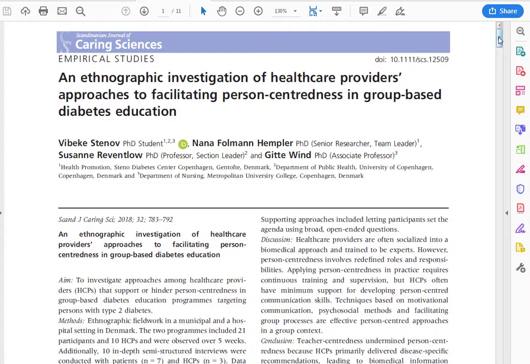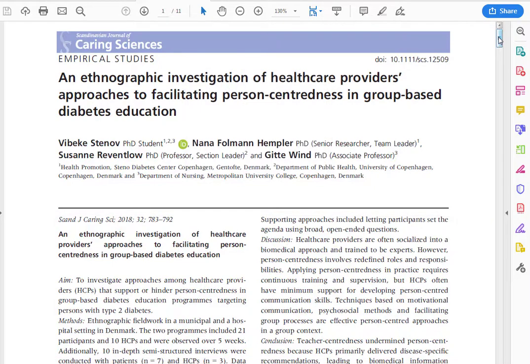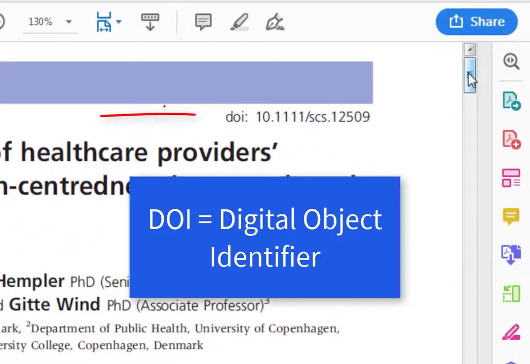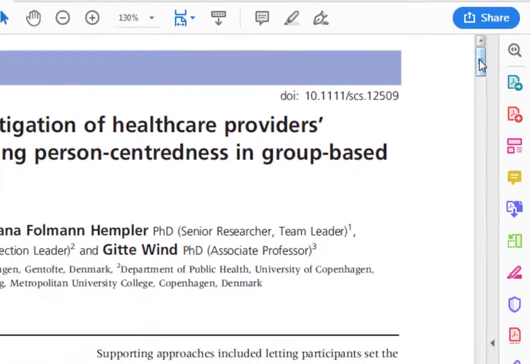You can begin by recognizing the typical structure of a research article. Many journals print an abstract or summary before the actual article. The first page of the article can also give you important information about the author's affiliation and the DOI, or Digital Object Identifier number, of the article. This is a unique number that aids in finding an article online and is therefore asked for in the APA citation format. If you don't find the DOI number in the database record, look on the first page of the article itself, but be aware that not all articles will have DOI numbers.